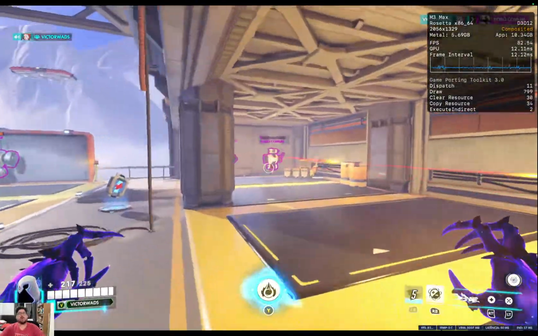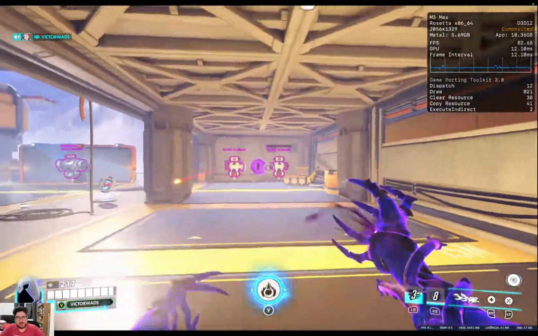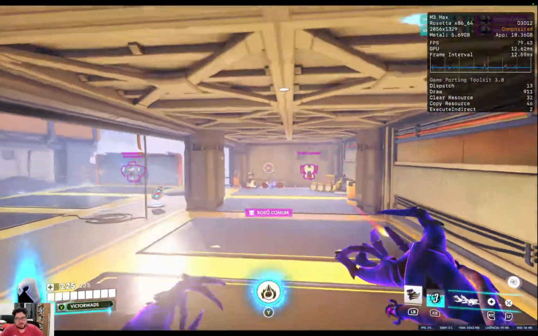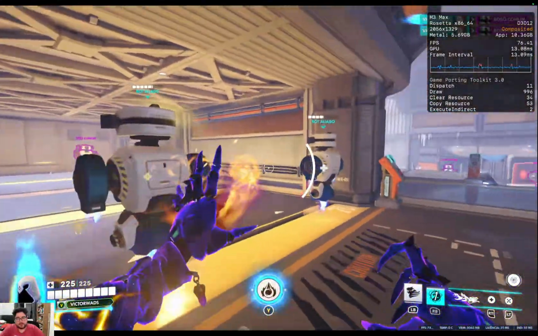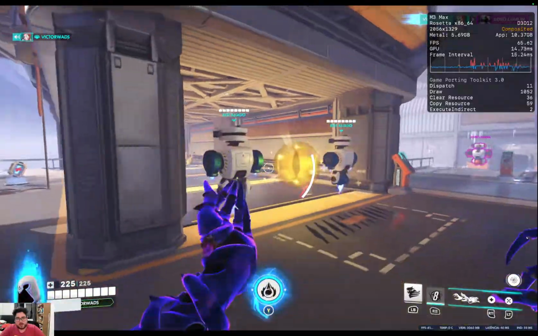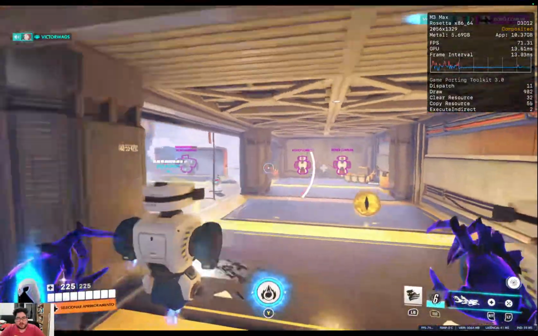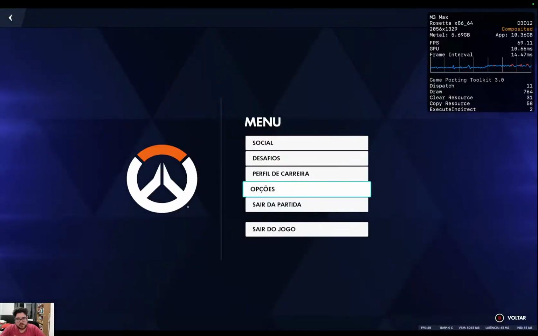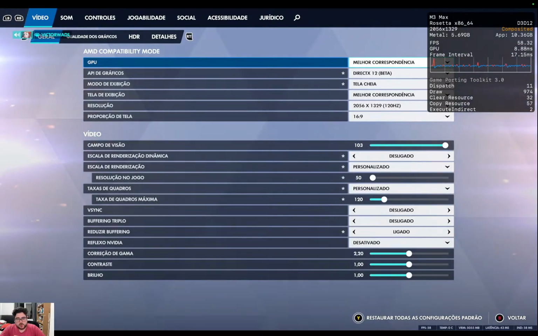Really playable if you really want the best quality of the game. It's really playable. But you can get more than 1200 FPS using the lowest configuration. So I think we should try